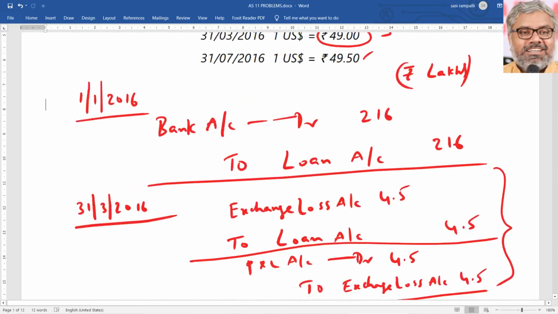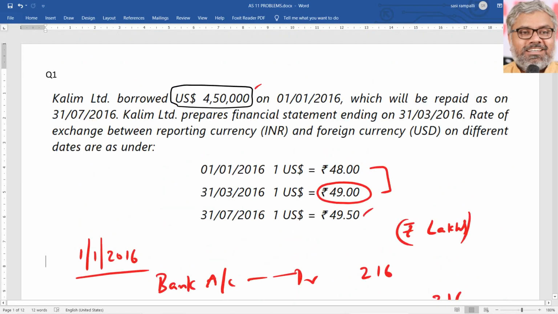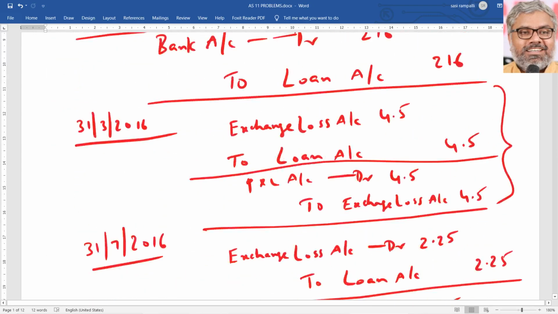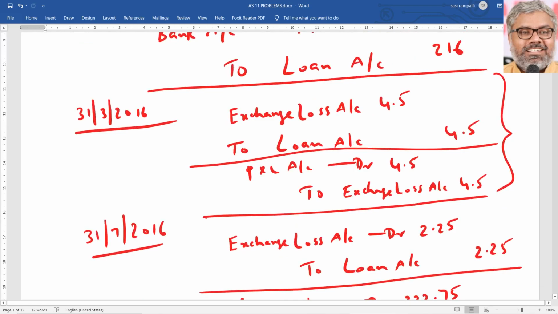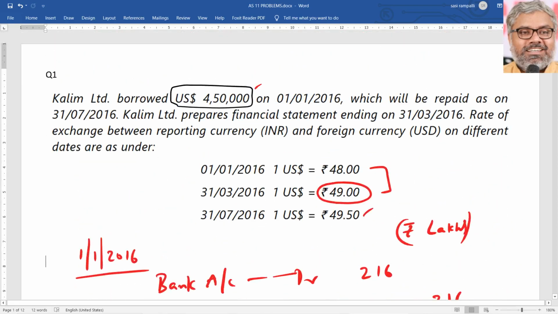asked for 5 marks. When such a small question, actually it is not a big question, is asked for 5 marks, you have to once again present the things very carefully, because just by writing some entries without narration, definitely you will not get full marks. Narration should be there, and not only the narration to the journal entries, but also you have to write the provisions of accounting standard 11 also, and this presentation applies to any accounting standard.